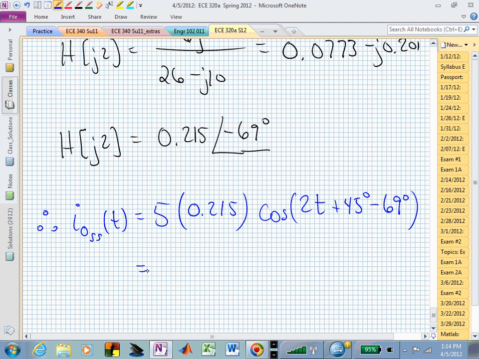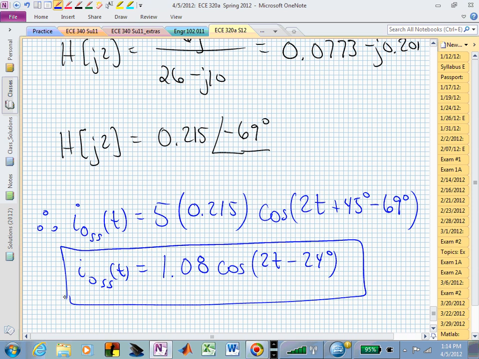Or if we multiply this out, which I'm not even sure this is going to be right because it's off my paper, this is now cosine of 2t